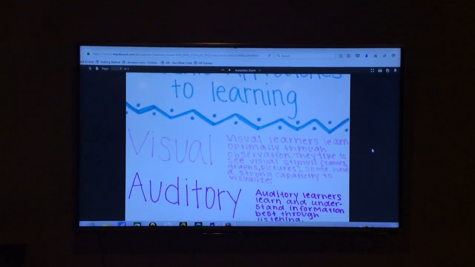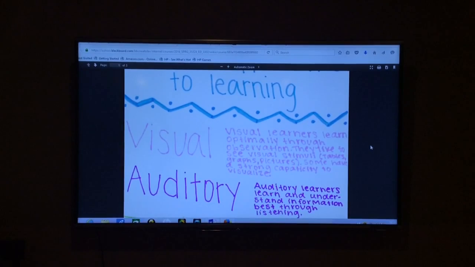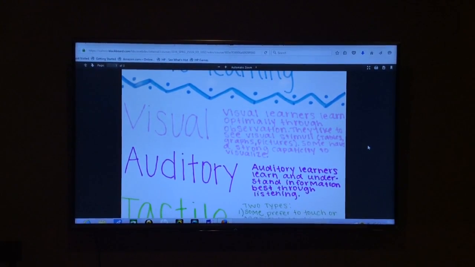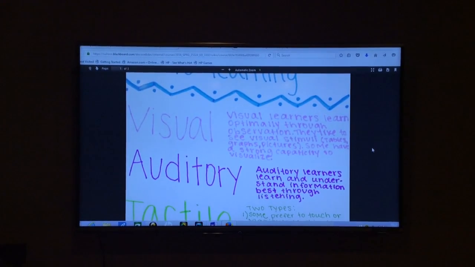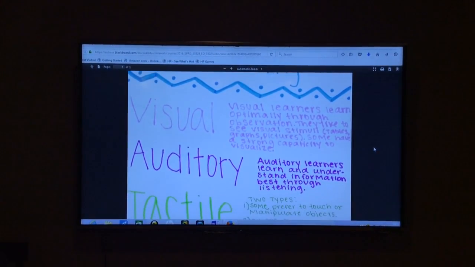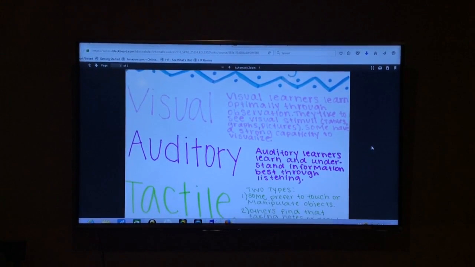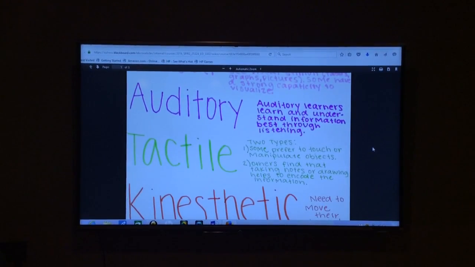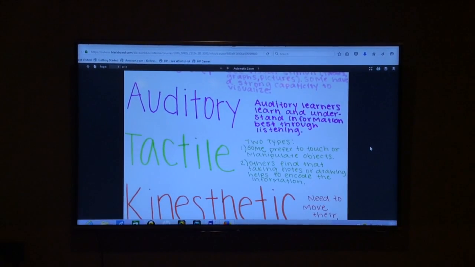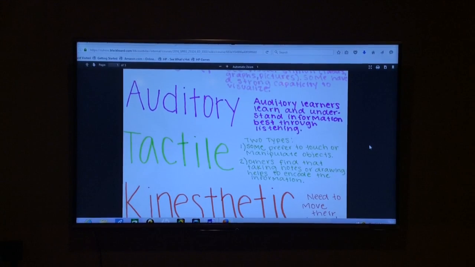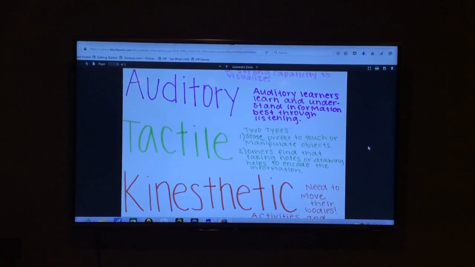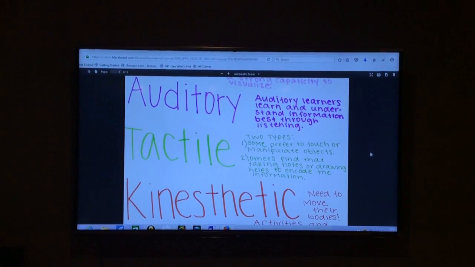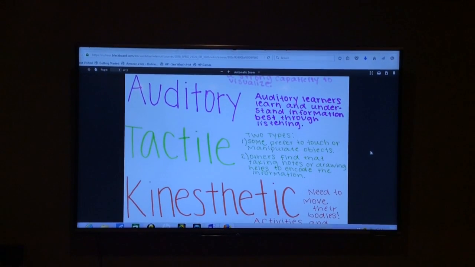artifact that explains the different approaches to learning. So visual learners learn optimally through observation. They like to see visual stimuli, so tables, graphs, and pictures. Auditory learners learn and understand information best through listening. Tactile, there's two types. Some prefer to touch or manipulate objects, and others find that taking notes or drawing helps